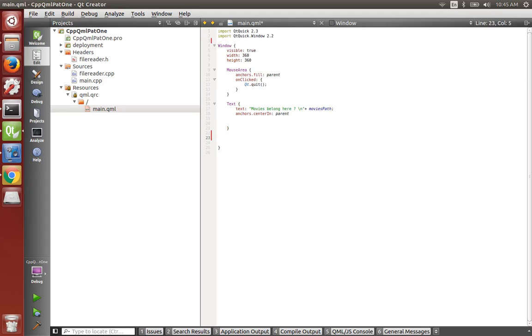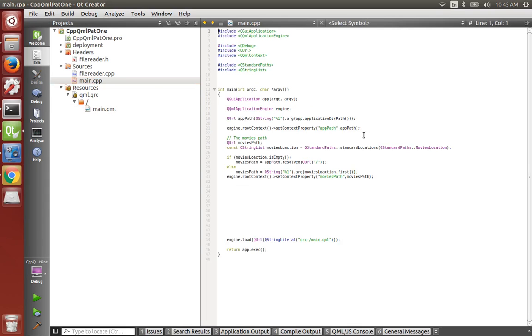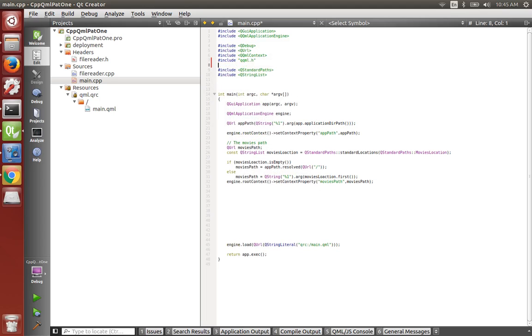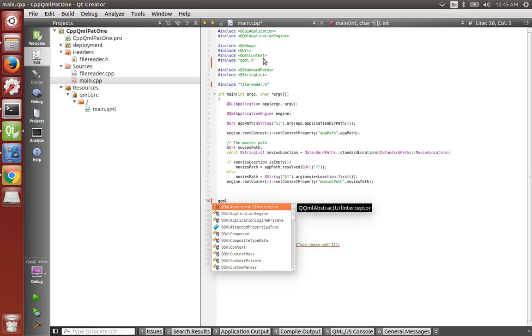FileReader, it's not showing up. Let's take a look at our main.cpp. That's because we have not declared it in our class yet. So let's go ahead and say include QML. Okay, and now what we're going to do right here is we're also going to include the FileReader header. Wonderful. So now underneath our engine here, what we can do is we can say QML, Q contextual, what is it,